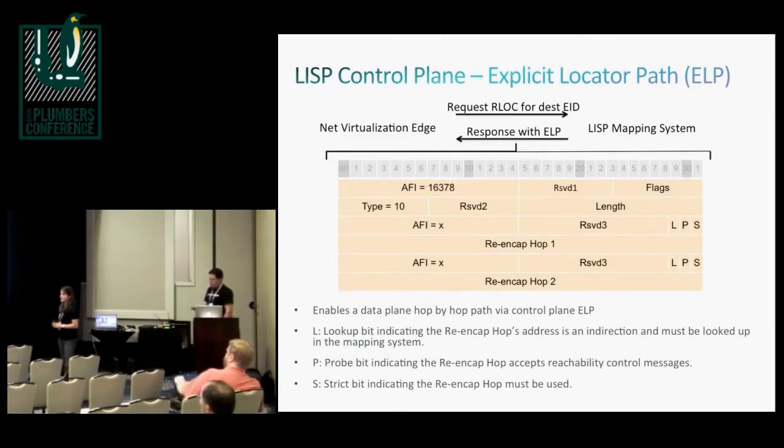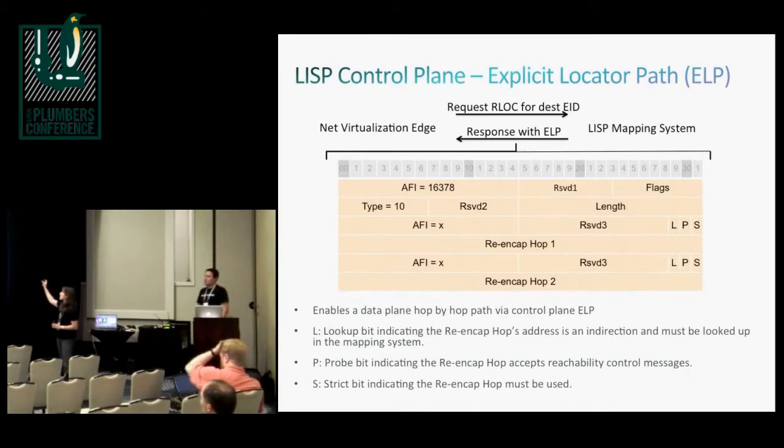It's hop by hop, yeah. This presumes that the management plane understands this policy. So I have 2 hops. When I get to that first hop, I just have to get to the second hop. Has to be predetermined. So in the control plane, you would define the entire path.